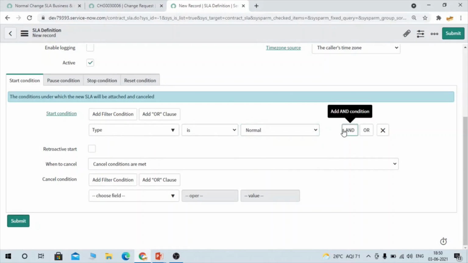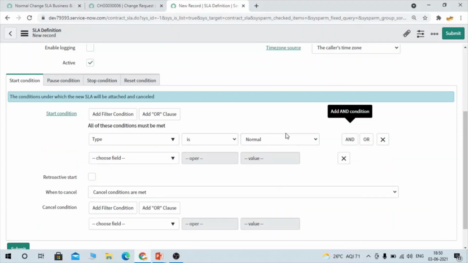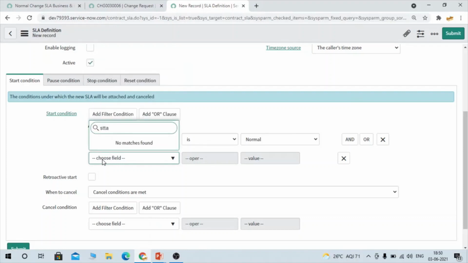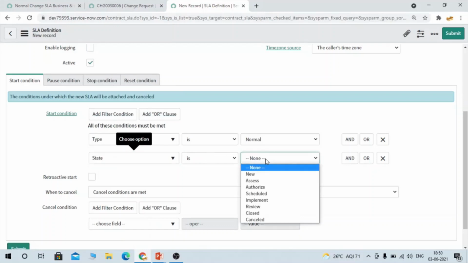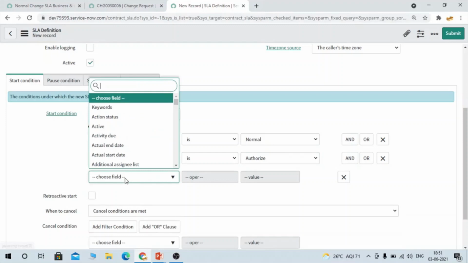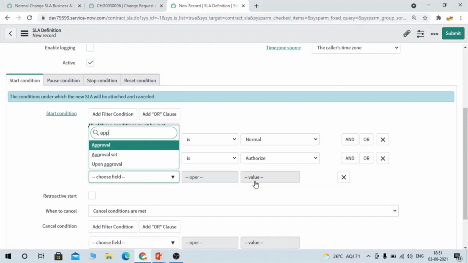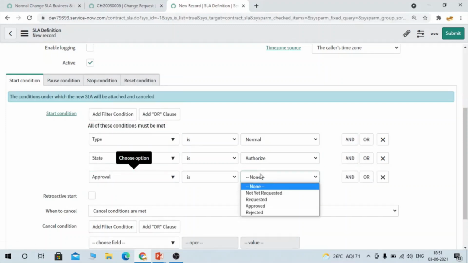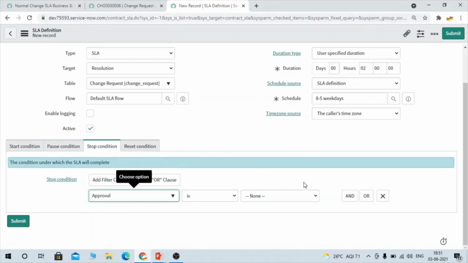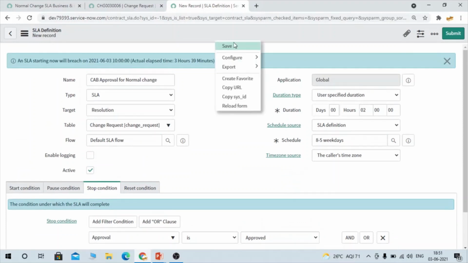And here you have to select state. State will be authorized for CAB approval, right? And you can select approval is requested again. And for stop condition you have to provide just approval is approved. You can add rejected one also.